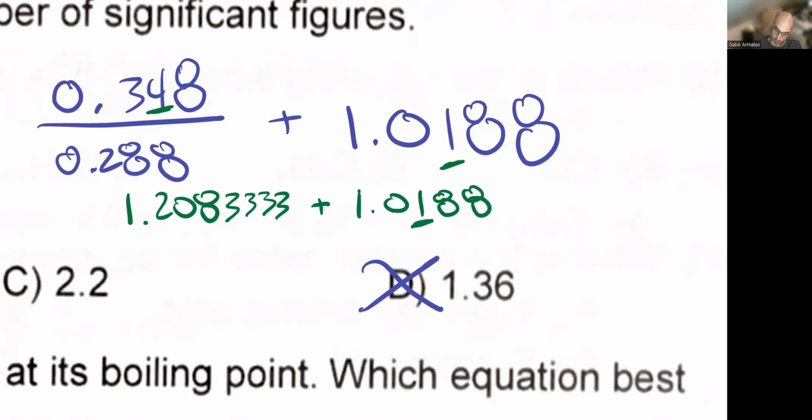So now, when we divide like we did here, I am interested in the number of sig figs. This one has 3 sig figs as written, but because I have this underlined one here, it would only have 2 sig figs. So I'm going to say that that would have 2 sig figs. This would have 3 sig figs. So I'm going to underline the 2nd sig fig in my new answer. Okay. And now I'm going to add these 2 together. So 1.2, again taking the entire thing, plus 1.0188. This gives me a value of